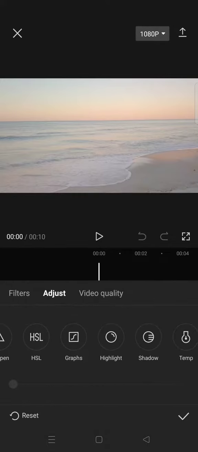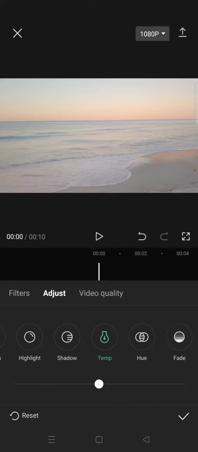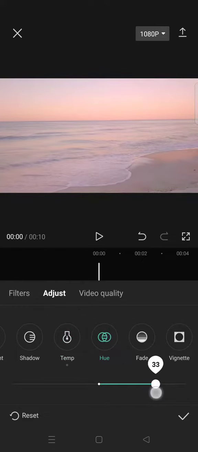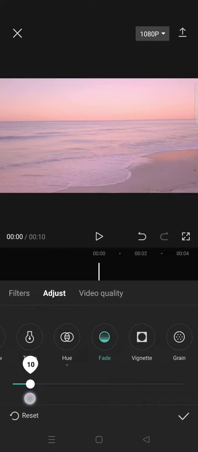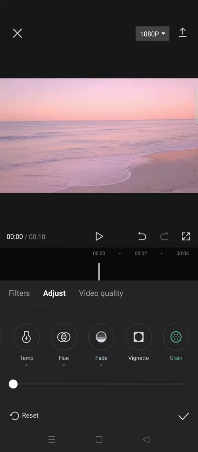So first go to the temperature and increase it to around 20 like this, and click on the hue and increase it to around 46, fade 9, and then click on the grain and increase it to around 15. Okay,